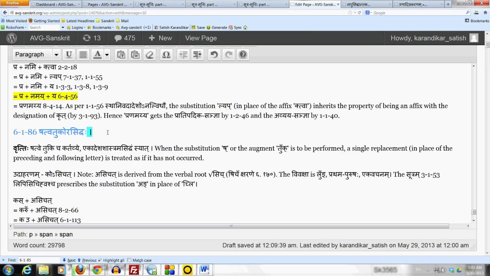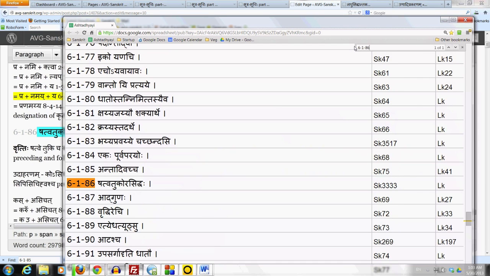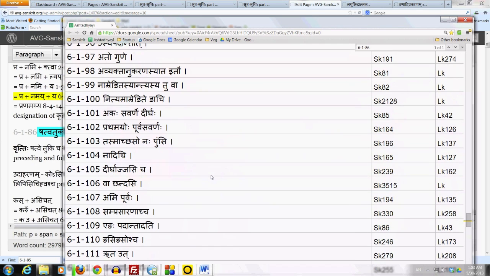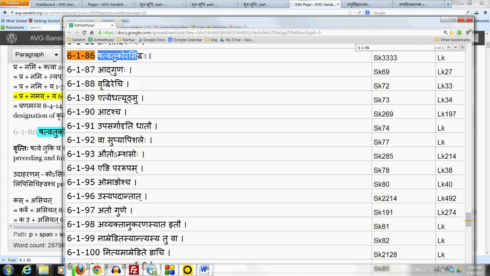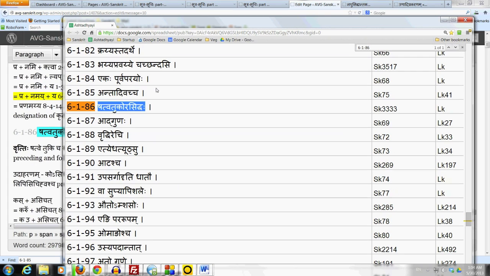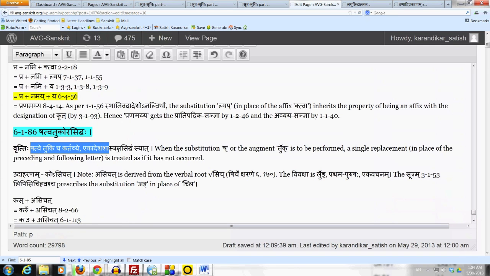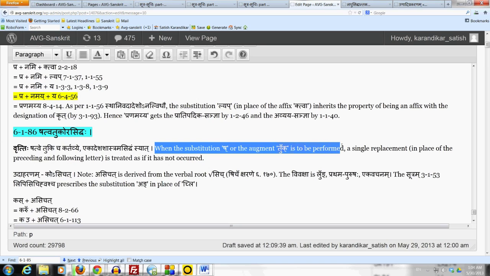6186, which reads ṣatvatukor asiddhaḥ. Look at the number of the sūtram, it is 6186. We know very well the adhikāra, ekaḥ pūrvaparayoḥ, that starts from 6184 and goes up to 61111. And this sūtram, 6186, ṣatvatukor asiddhaḥ, applies to this adhikāra of ekaḥ pūrvaparayoḥ. The vṛtti of the sūtram says, ṣatve tukicha kartavye ekādeśaśāstram asiddham syāt, which means that